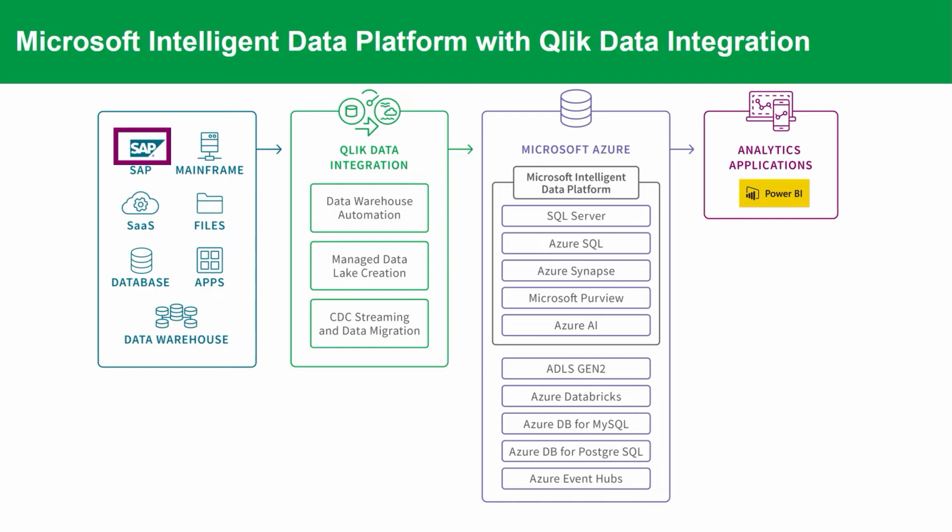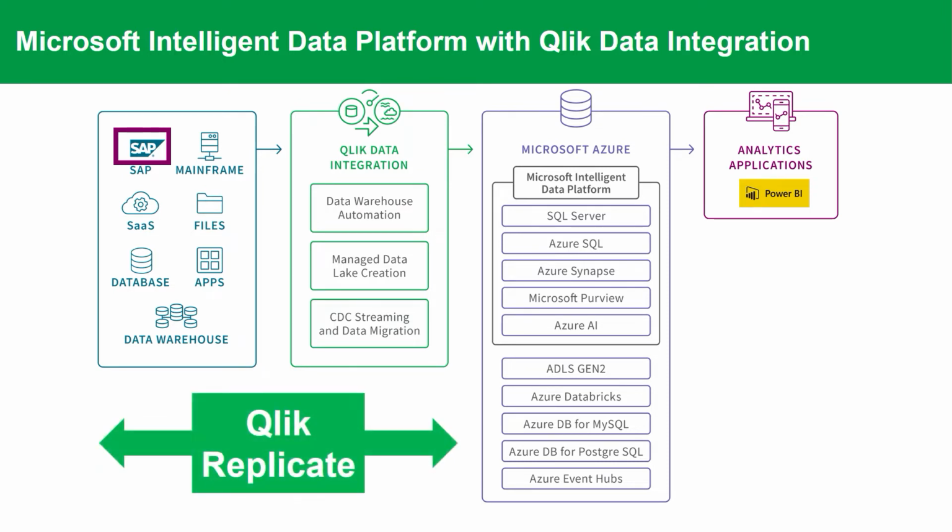First, we're going to connect to your SAP system in any number of ways: extractors, direct tables, cluster tables, or pull tables. Using Qlik Replicate, we're then going to load all of your data into an ADLS Gen 2 storage and build an operational data store for you in Synapse. Once the full load is completed, we're going to keep the data up to date in Azure using Change Data